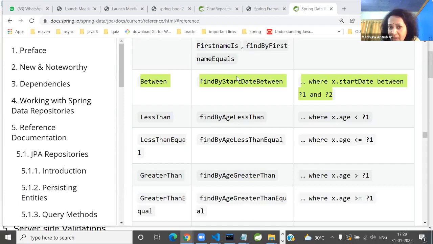Find by whatever. Don't look at the column names. We are in the highest abstraction. So please don't look into the column names and all. Of course, it will be the property name. So do this. People are sending: find join date between. Yes, guys, very right. So let's do this